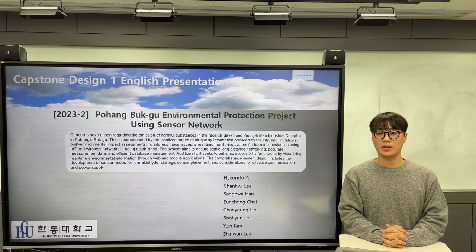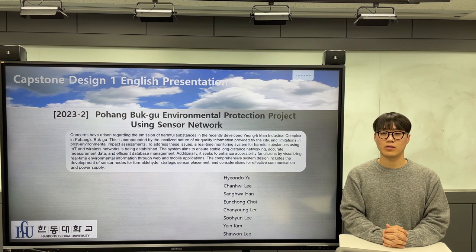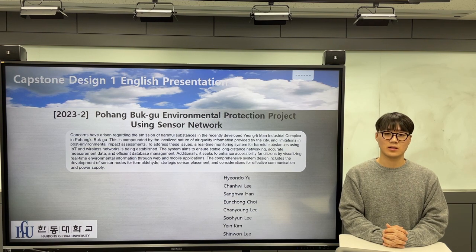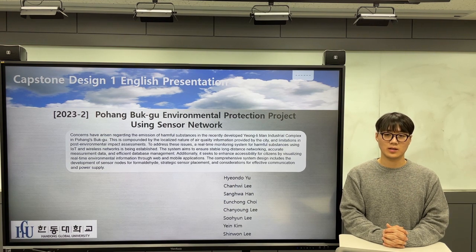Recently, there have been concerns about the release of harmful substances in the new Yongilman industrial complex in Pohang's Buk-gu area. This is compounded by the localized nature of air quality information provided by the city and limitations in post-environmental impact assessments. To address these issues, a real-time monitoring system for harmful substances using IoT and wireless networks is being